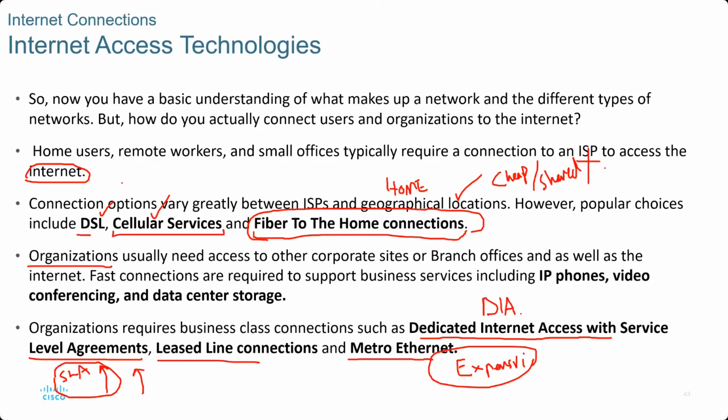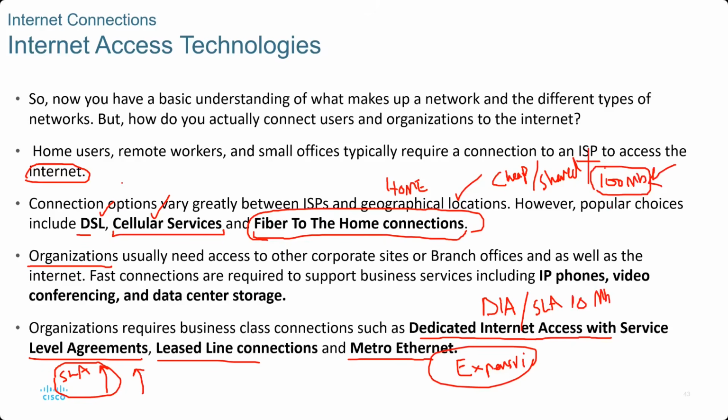Why are they expensive? Because they have SLAs, service level agreements. At home, you might get 100 MB or 1 GB speed and it would be cheap, but for an organization, even the 10 MB speed that they get could be multiple times more expensive than the 100 MB you are getting at home. But the difference is that your 100 MB is not guaranteed. You might get 100 MB, you might not. When you check your speed, you might be getting 50 MB, depending on how many people are using it,